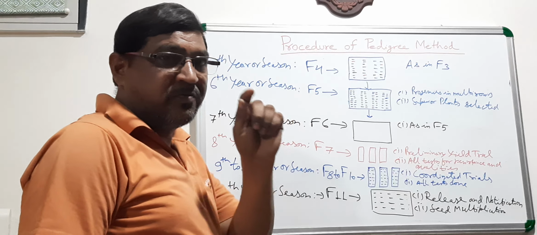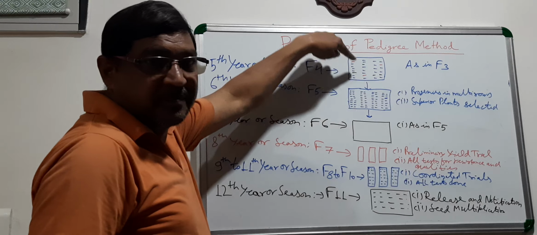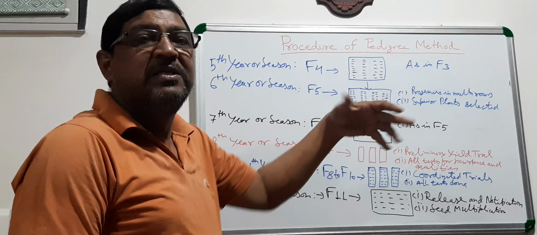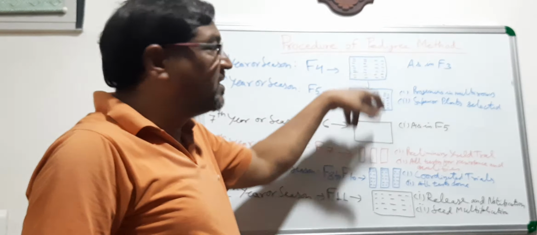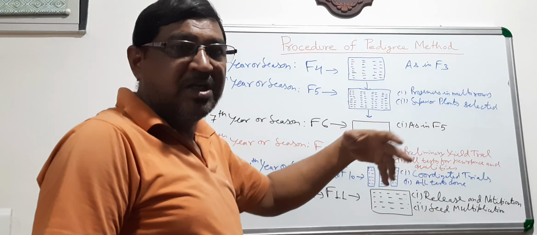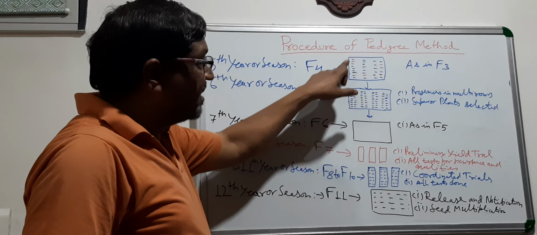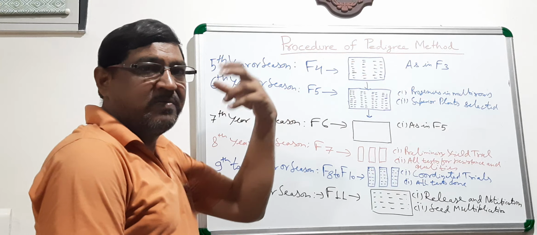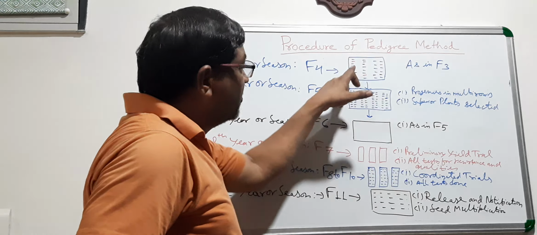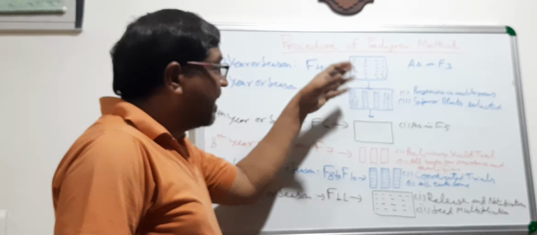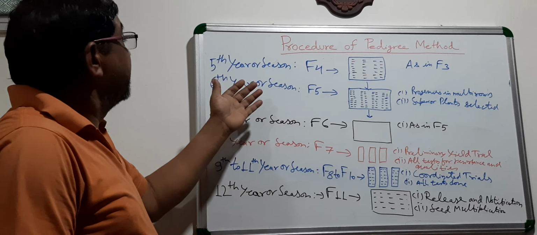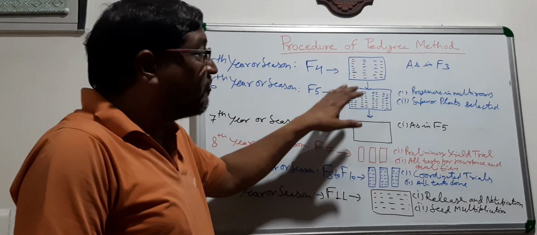So you select that one as per your objective from this row. You select that plant, you harvest it. From these rows, as per your wish, you are selecting the other plants also. Here I am concentrating on what I am interested in, having high yield and better cooking quality with aroma. So here I have selected that plant, harvested it separately, and now again in the sixth year or sixth season, F5.